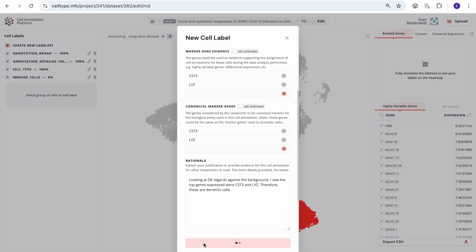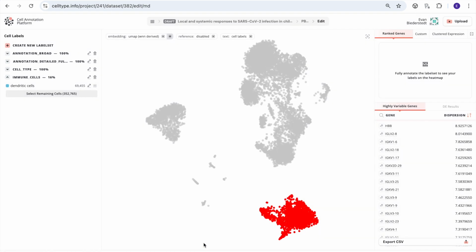Okay, and that will create a cell annotation. And so I'll be able to see that 16% of our cells were annotated. If I deselect those cells, I should be able to actually see that these are now colored in a certain way, and there's a label associated with them. And I could do this with other cells. We'll do one more, and I'll probably end the tutorial, but let's say we wanted to look at,